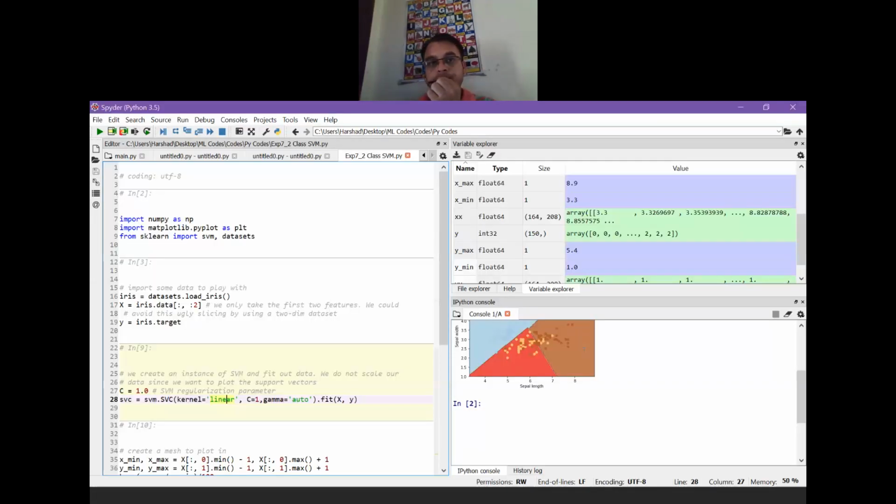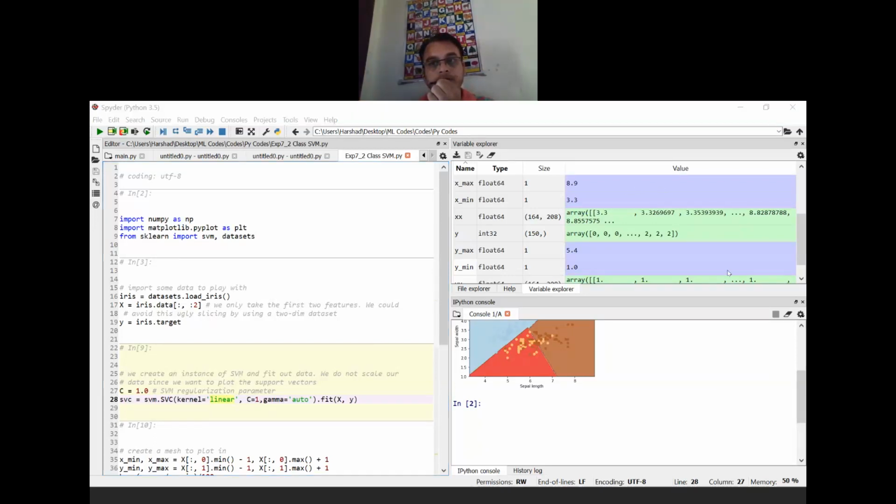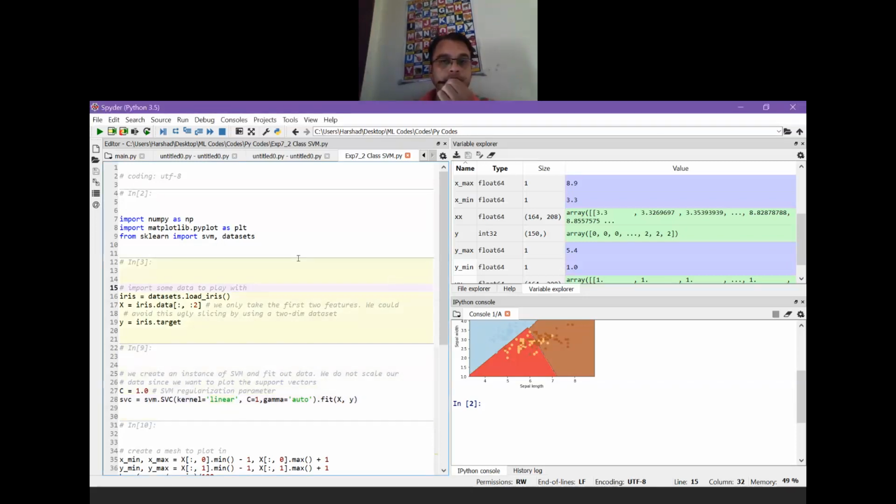Are you able to see the screen of Spyder? Okay, so this is the screen where the code is going to be implemented.